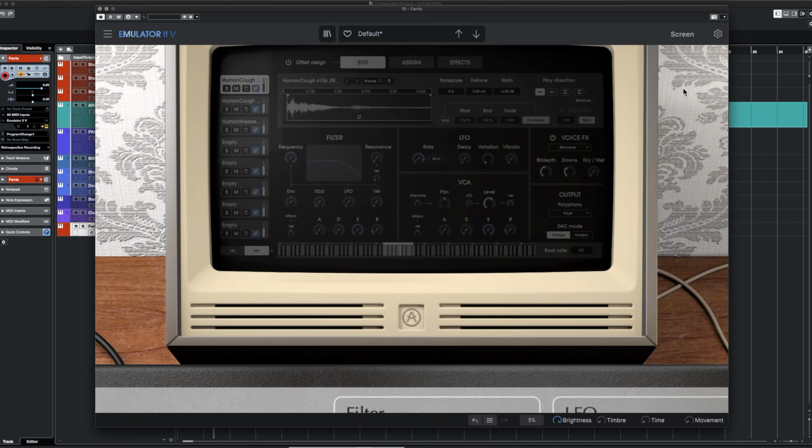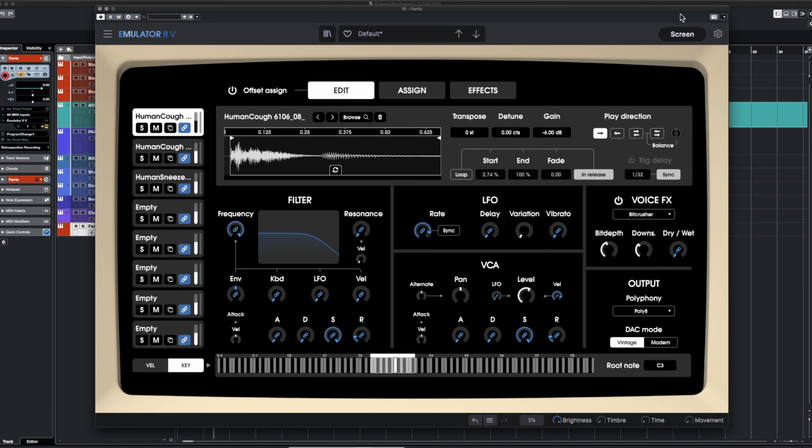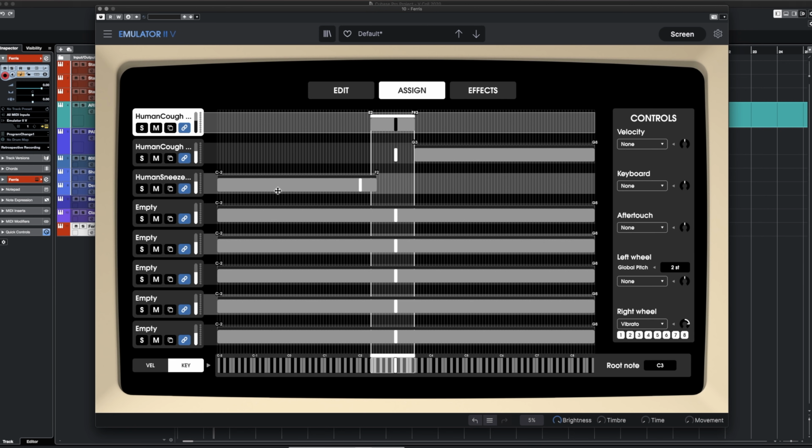So with this virtual version, we've got some global controls for the patches from the top, and then if you click on this little screen here, that's where you can get into the samples and load different samples on. So you can have 8 different samples loaded on the left hand side here, and then you can have those arranged by velocity. So I've got a sneeze that I just imported, a cough that's stretched out over a certain range, and then